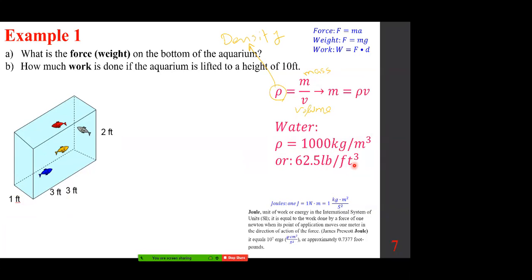Now, the way the pound works, see, kilograms in the metric system is the unit of mass, not the force, okay? So if you want the weight in the metric system, it equals mg, so this has to be multiplied by g, 9.8 meters per square second. That's not how it works in the old British system. They keep this as the weight also. So with that being the case, okay,